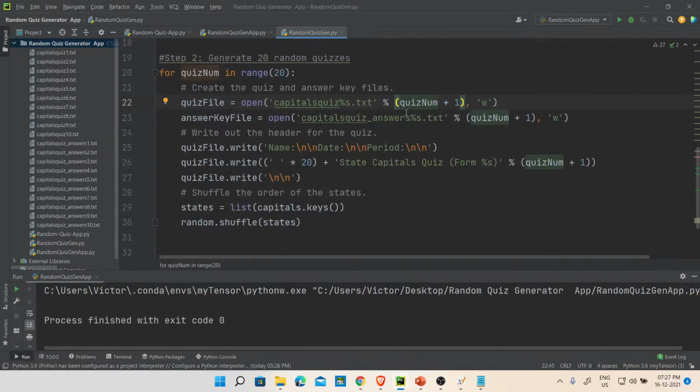It is not like when you say in the range, please look here, in the range 1, 20, then it will go from 1 to 19. But say in the range of 20, so start from 1 to 20. Fine. So this is what you're going to see, and this is what I wanted you to do. This is for the quiz, this is for the answer quiz, no problem. And it is in writable mode only. You open it in writable mode only.